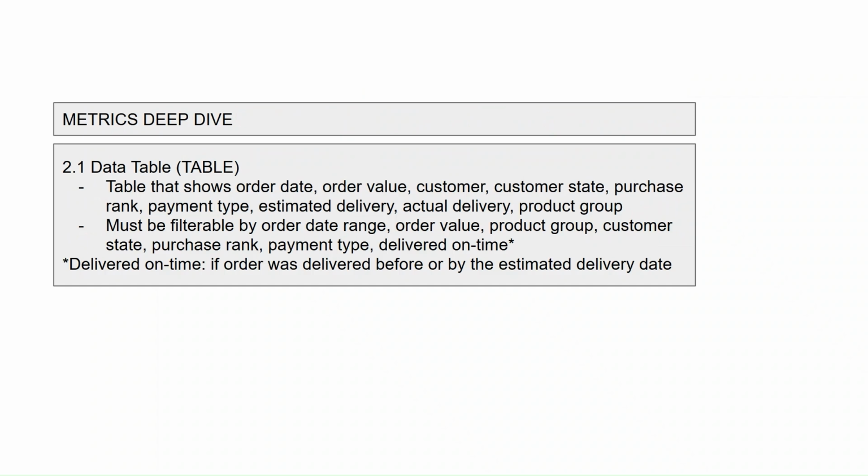For deep dive metrics, which I'll label as 2, for 2.1, we might just want to have a data table. And this data table would show the order date, order value, customer state, purchase rank, which would be the number of times that they have purchased over time through the business, payment type, estimated delivery, actual delivery, product group. Just basically, essentially showing the raw data that we have used to show these visuals so that our colleagues or our